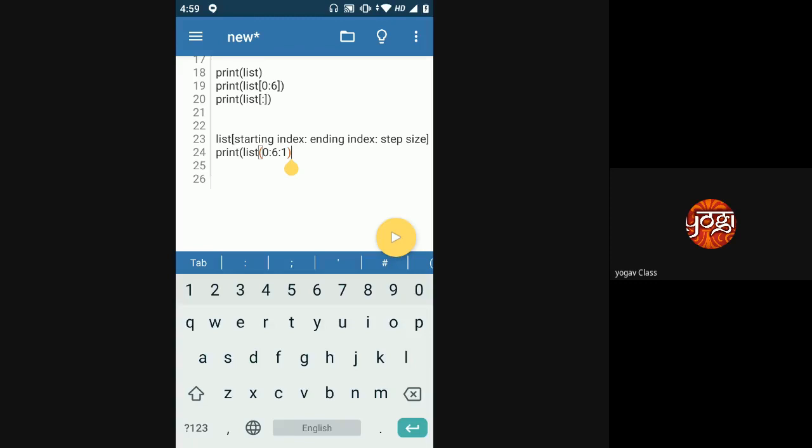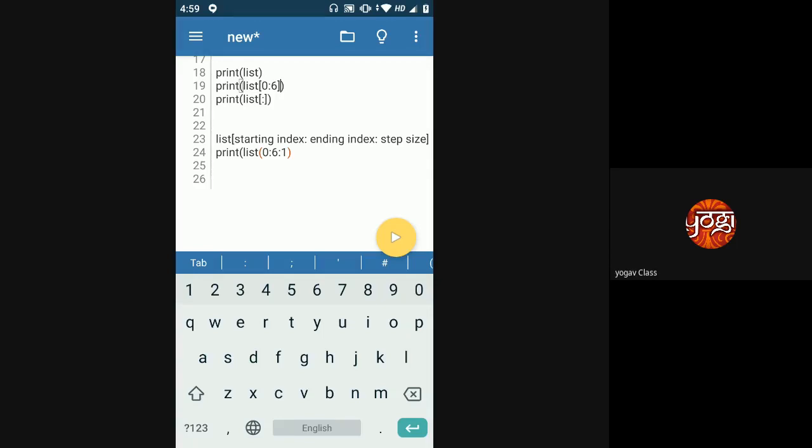Similarly, if I put 2 as the step size, then it will skip one element in between. If you have 10 steps on a stair, and you are taking a step size of 2, you will keep your foot on the first step and then on the third step, skipping one step in between.